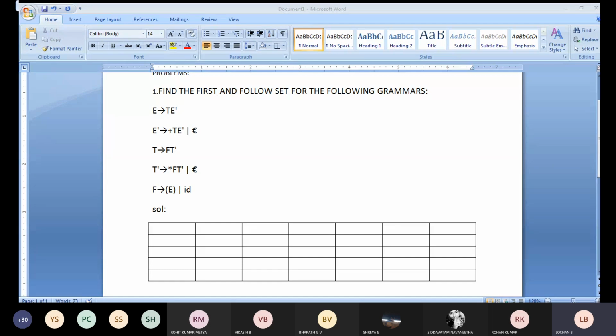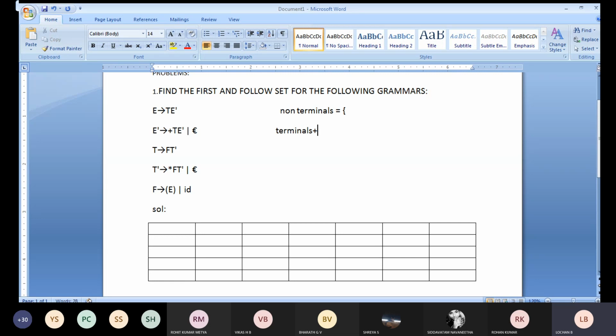Okay. Don't write anything, just observe here. Once you see this particular question, you need to make two things. One is we have to make the non-terminals. They will not give it in your question. You need to make it here. And we need to make the set of terminals. You need to make a list of the terminal part.